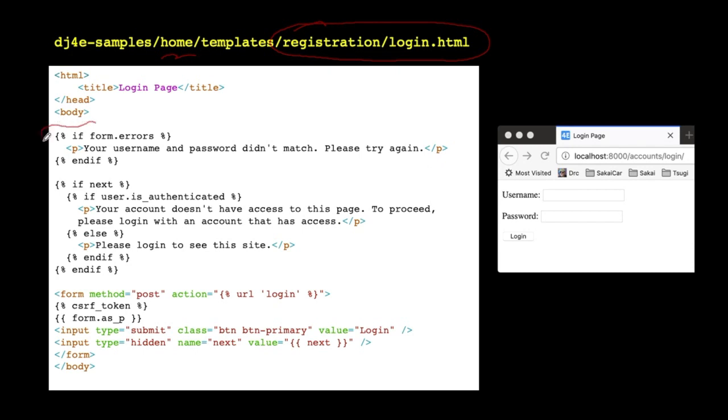They're going to send some errors. If the form has errors, you have to have some output that deals with that. If next, that's actually that next equals parameter. Okay, and so if the next is there, and you've come into this log, and this one's a little bit